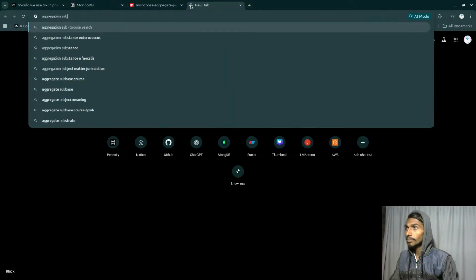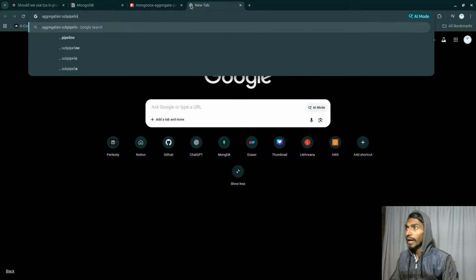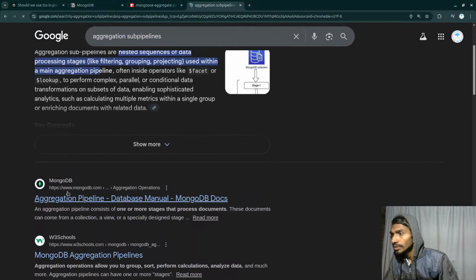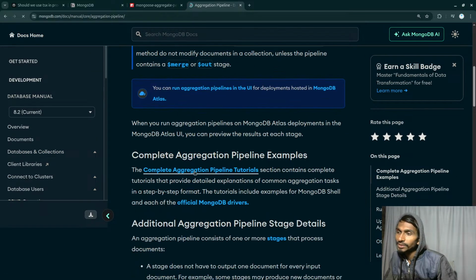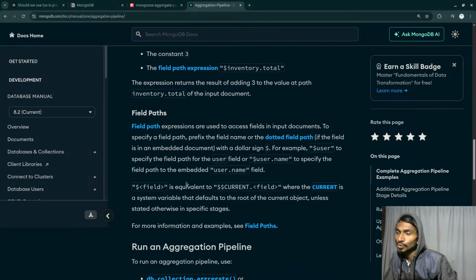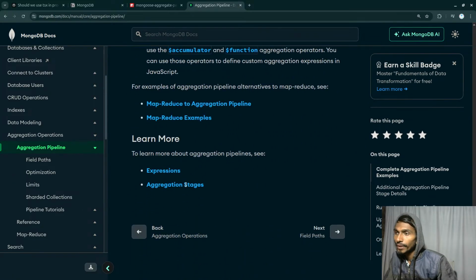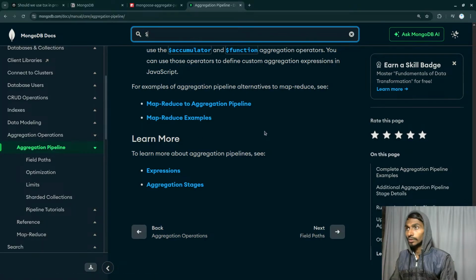Aggregation sub-pipelines. I've seen so many examples where under lookup another pipeline is being used over and over. I didn't get that. Let's look for lookup,